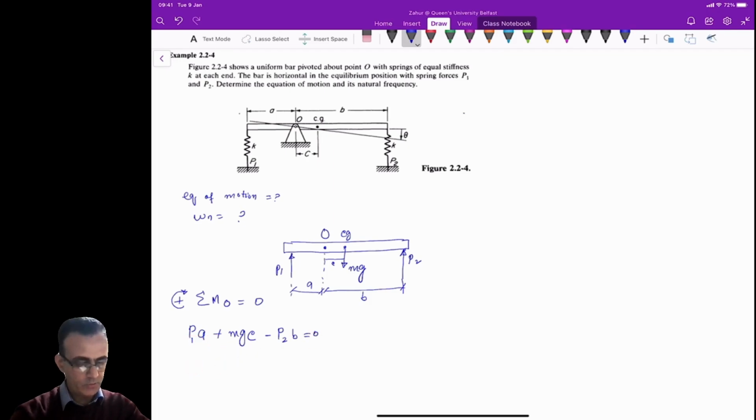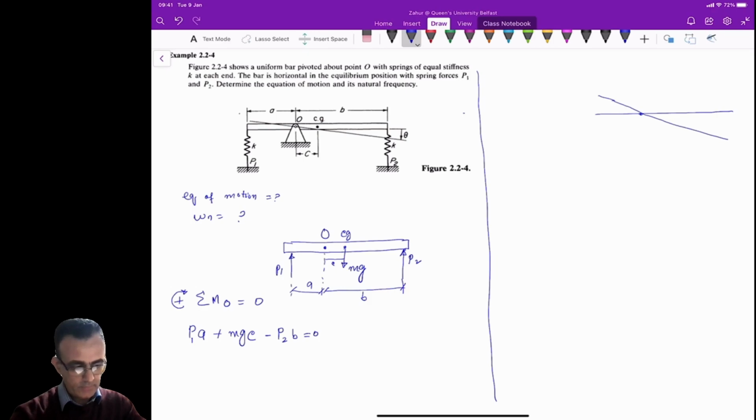Now, if you give this system some displacement from its equilibrium position, it will start to vibrate. And now you want to draw another free body diagram at that position. So for example, if you consider that this was our equilibrium position, and now you just give it a small displacement, so this will be the new position of the bar. So this was the initial position, and this is the new position. If you give it an angular displacement here,